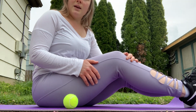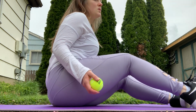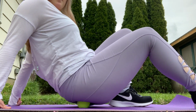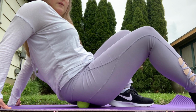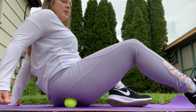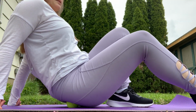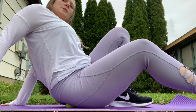Now we'll do the trigger point work on that left glute. So again, placing the ball under the glute, working back and forth, up and down, trying to find a spot that maybe feels a little more tender, that maybe causes a referred sensation, but no tingling and no numbness. All right, I found mine already. So